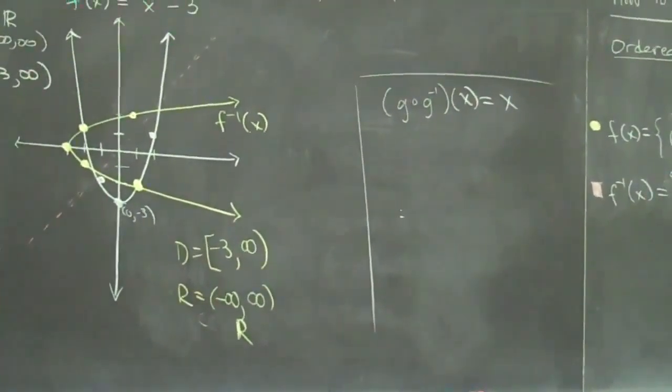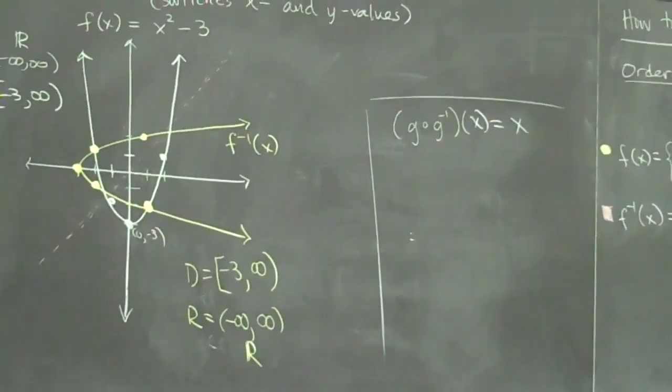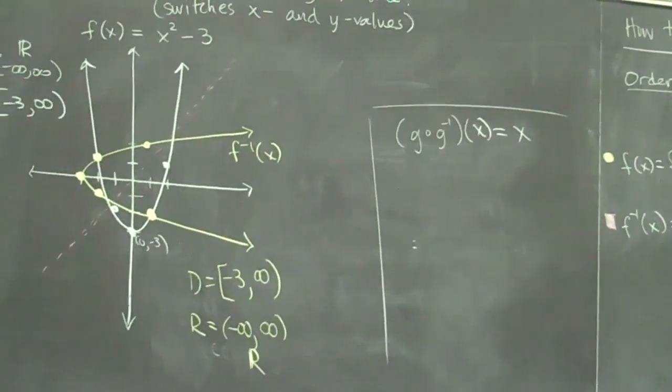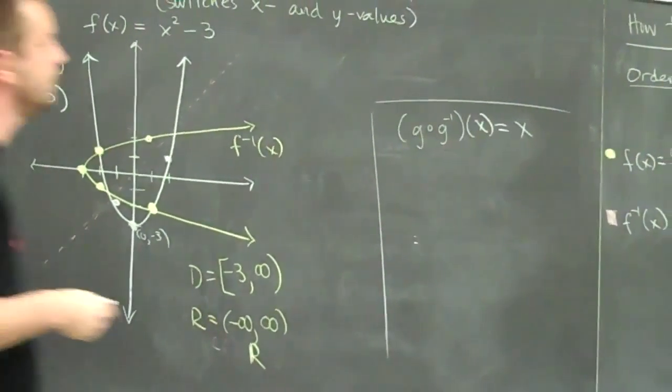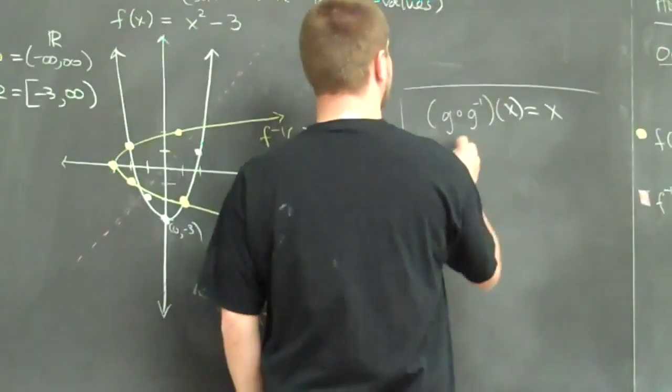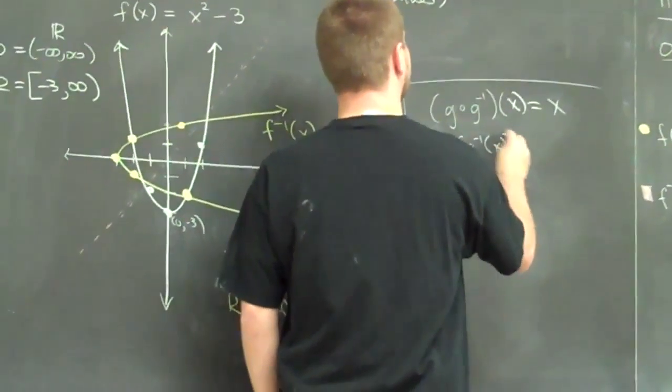Verify that these two functions really are inverses, and maybe that's what you're going to be asked to do. Here's a function, here's another function. Are they inverses? One thing that you can do is plug one function into the other and vice versa, and make sure you get x, right? So this is g of g inverse of x,